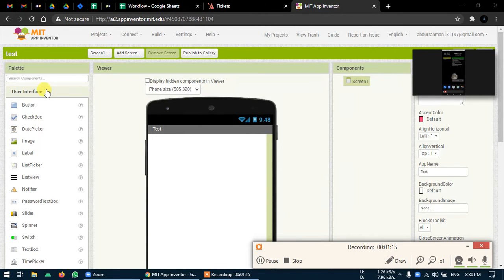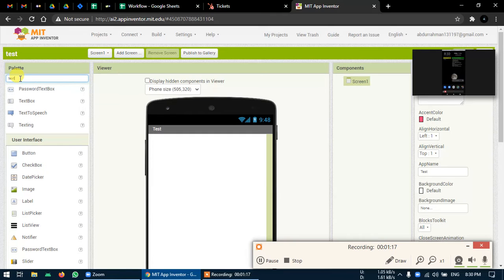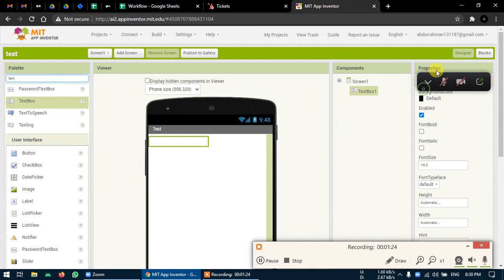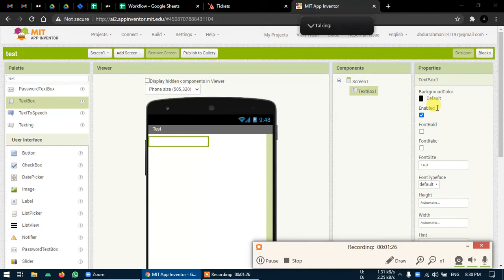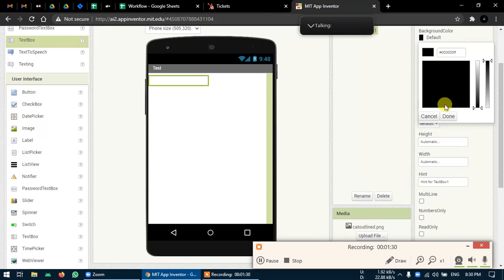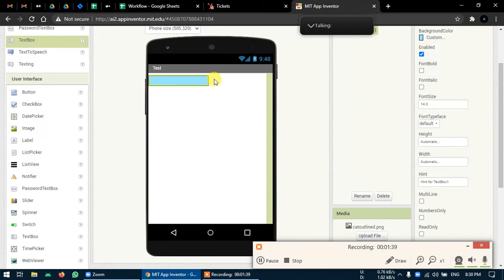So for this simple app, we just need a text box. On that text box, we will be writing the number for which we need a table. Let's customize it first. I don't want to show all these things. We have a background color, so let's pick a nice background color for this. Now make it full screen. Now I can write a number,